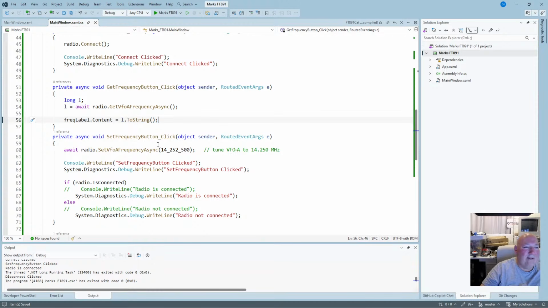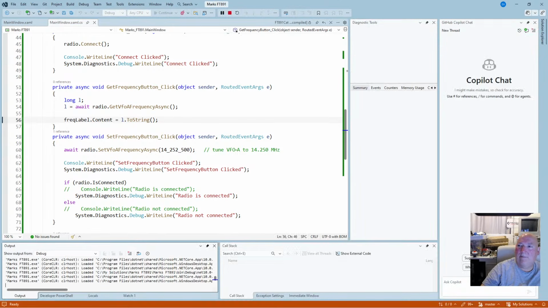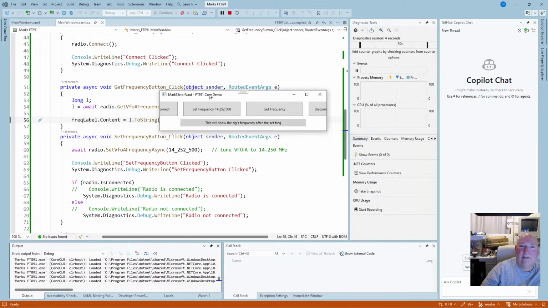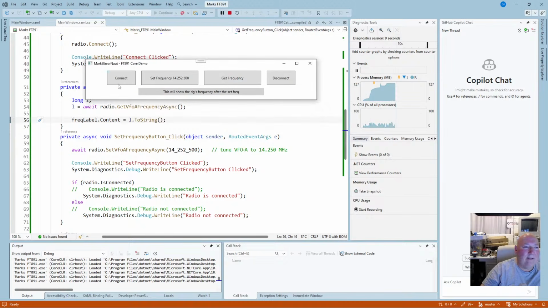So let's do the click. So set the frequency and get the frequency. So I should be able to change it myself and get whatever I've changed it to. Right, so we connect. I'll turn the dial. I'll get the frequency. There's a dial, I'll change it. I'm constantly changing the dial. It's working great. I want to see how fast I can click it. So if I keep clicking loads of times,